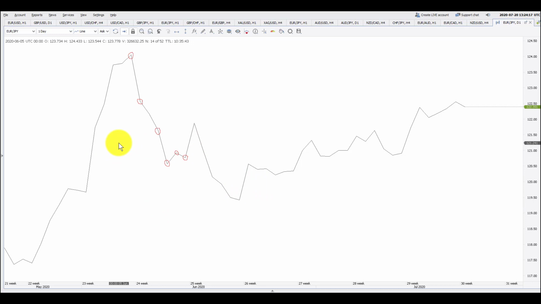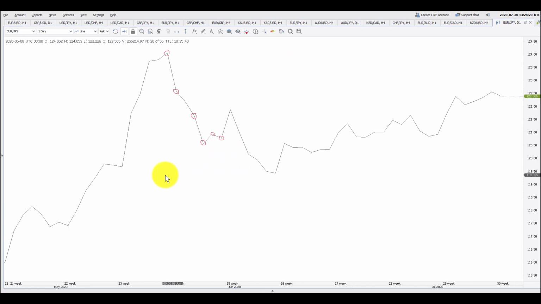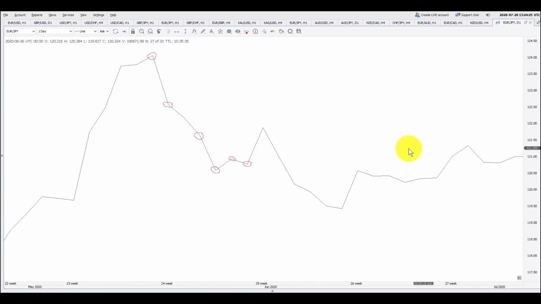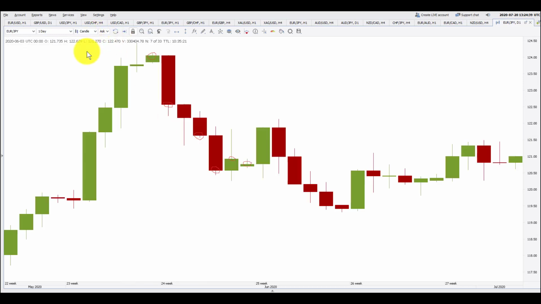Now this was a line chart, but it does not give you as much information as a candlestick chart does, because after seeing this point here, I do not come to know where the high and low price of that day was, which is very important for me to trade. I want to know the range of the day, and I cannot tell from this. But when I switch it to candles, I come to know about it. I know that the price closed here, here, here, but I also want to know the range of that day.